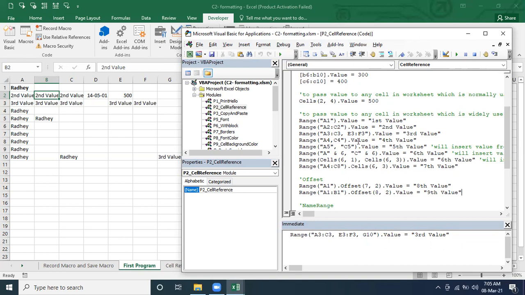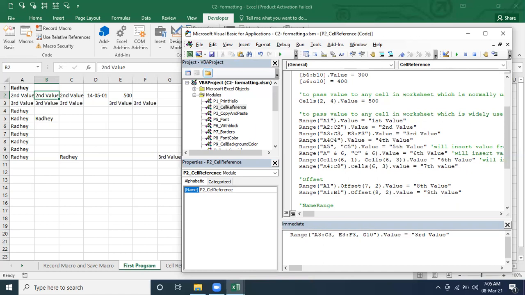I hope you did the practice for all this. Here, how many arguments are we using? Only the first argument. But inside the first argument we define two cells, which are A4 and C4. So A4 means the value is going to pass to A4, and it is not going to pass from A4 to C4; it is going to pass separately to A4 and C4.